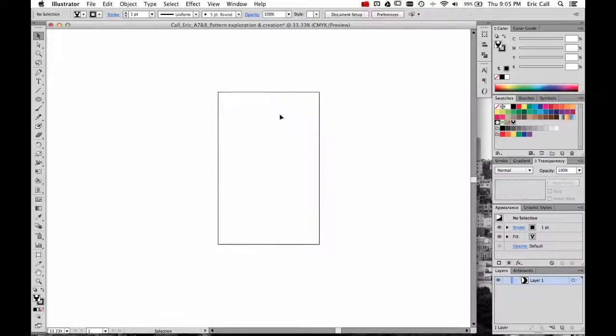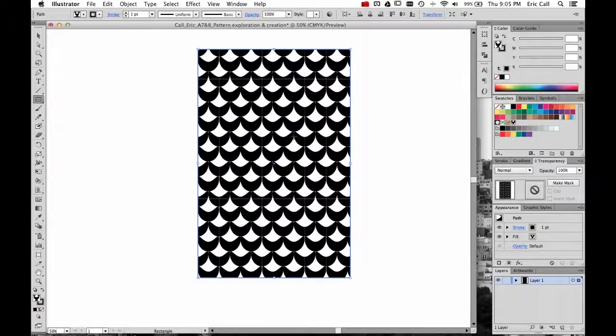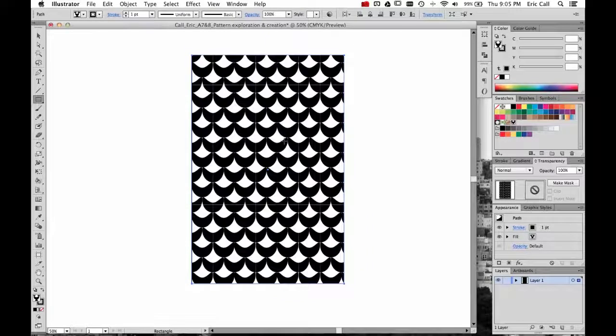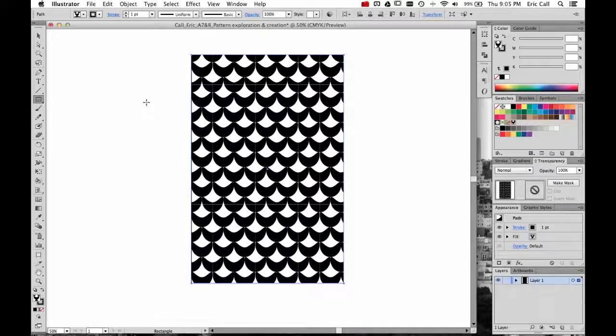First I'm going to delete this, and I'm going to make a shape that is the size of this 11 by 17 page here. So now it's filled with that pattern that I just made, and what I want to do is to kind of shrink down the scale of this, possibly rotate it a bit and maybe play around with it. So what you can do is the tilde key on your keyboard